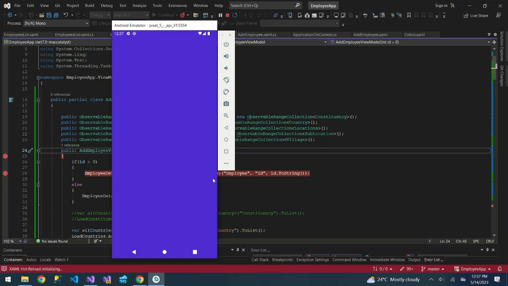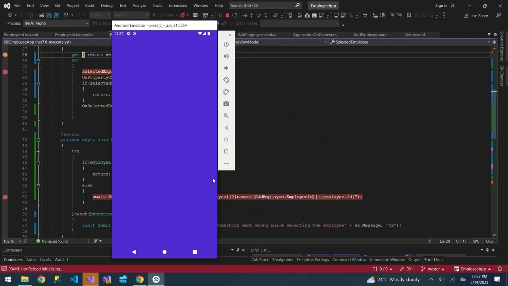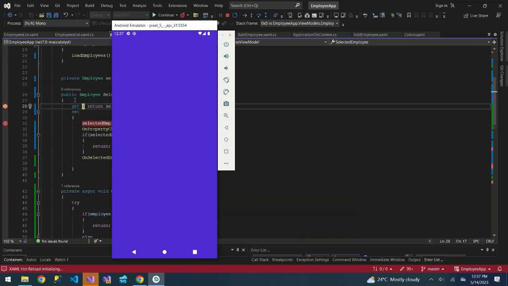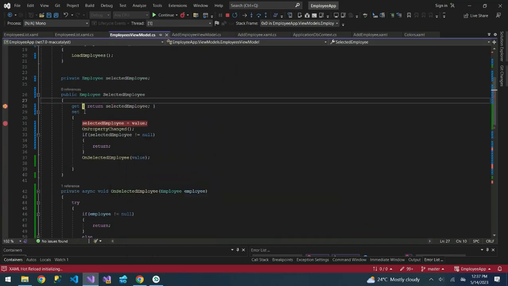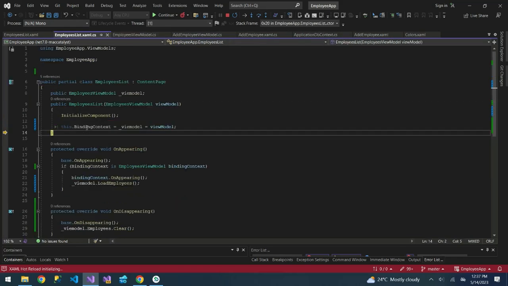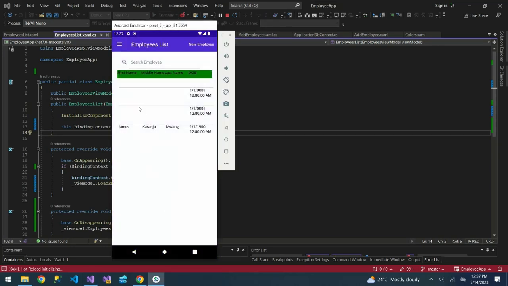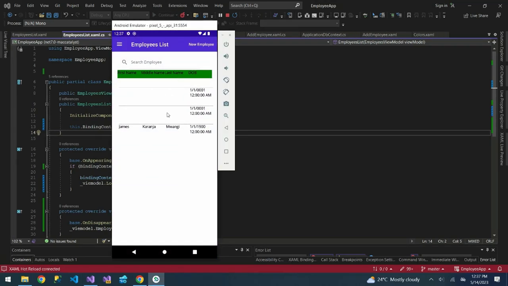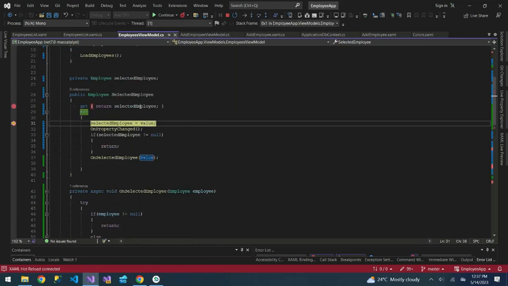So our app is launching. Let's see how it will work. When we select one of the employees, you can see the list is loaded, and it will be trying to select, but it will be having a null. So you can see this is our list of employees. If we just tap James, we should be able to see